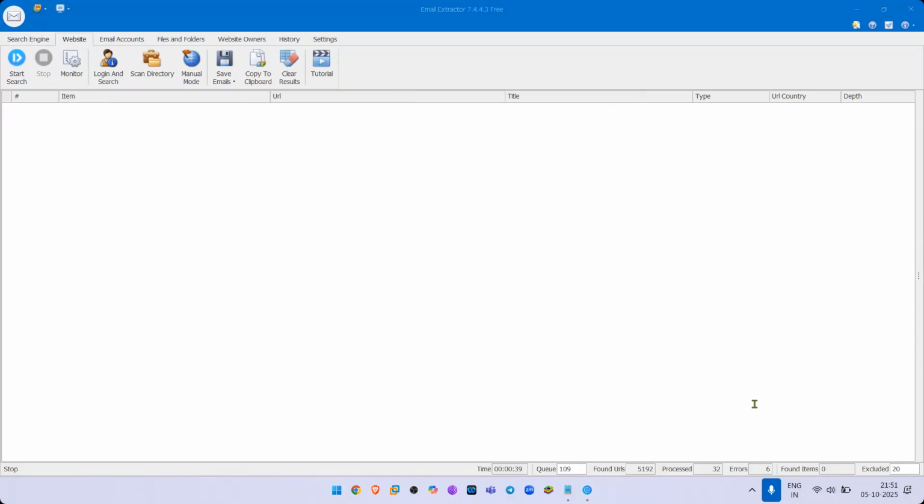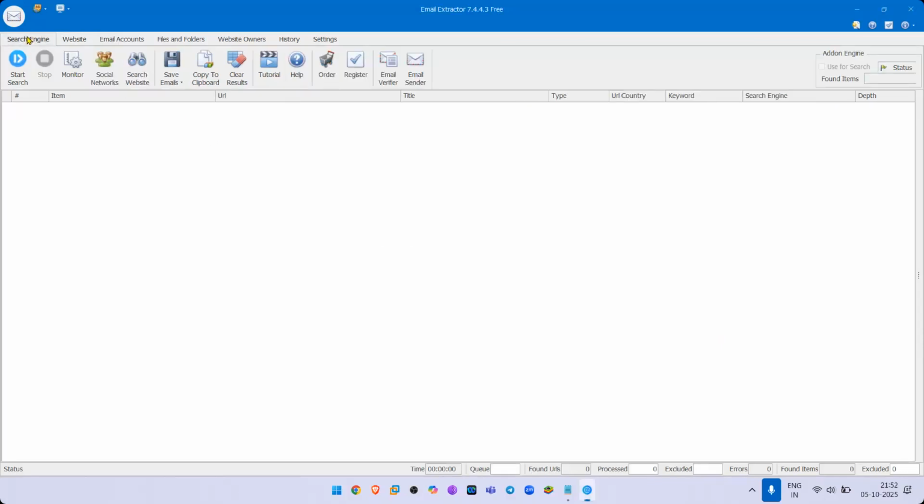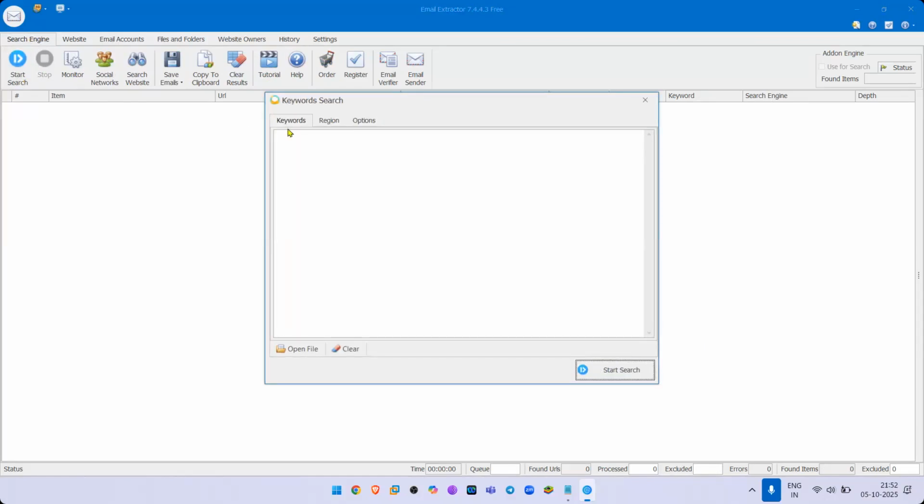Quite probably, Amazon will definitely get notified about it. It'll check my IP address. Other websites don't know, but this one will. Okay, check that out. So that's it. Website part done. Now let's go ahead and click on search engine. Search engine is even more awesome. And now let's click on start search.